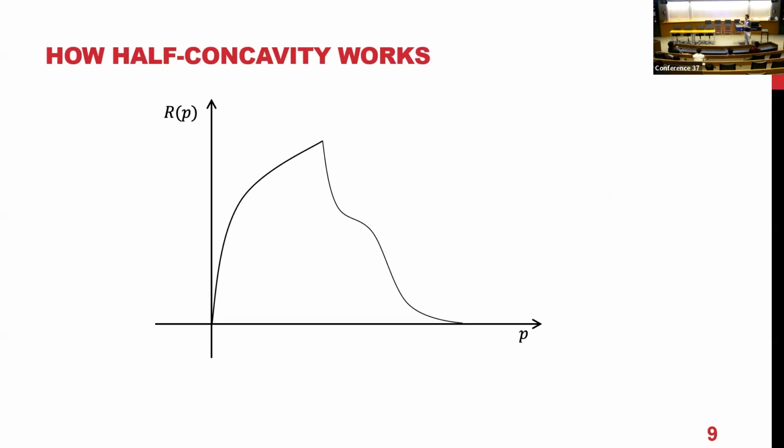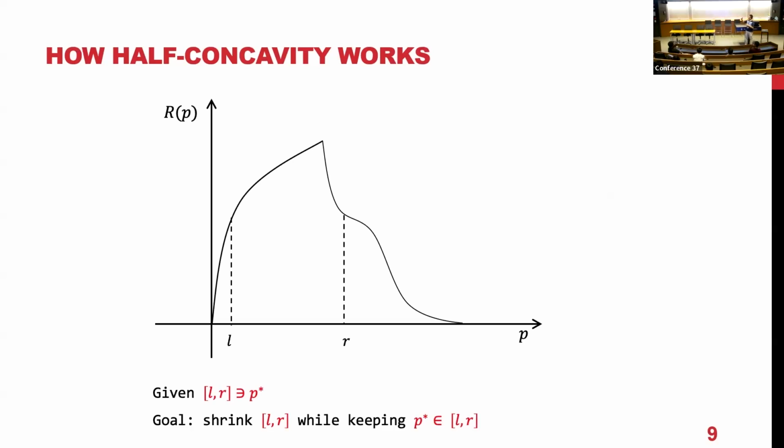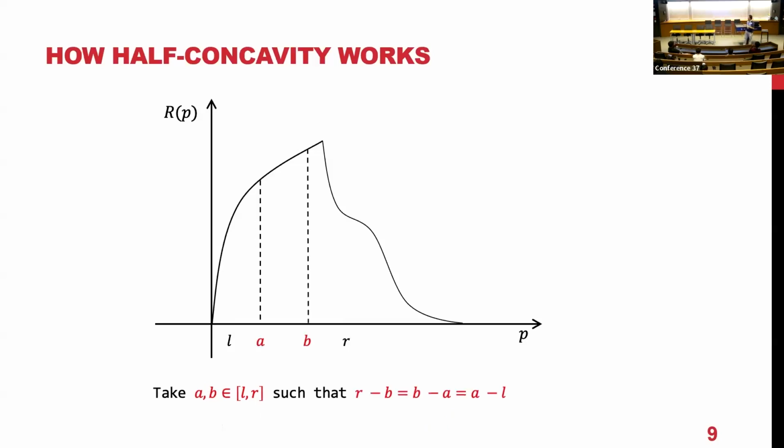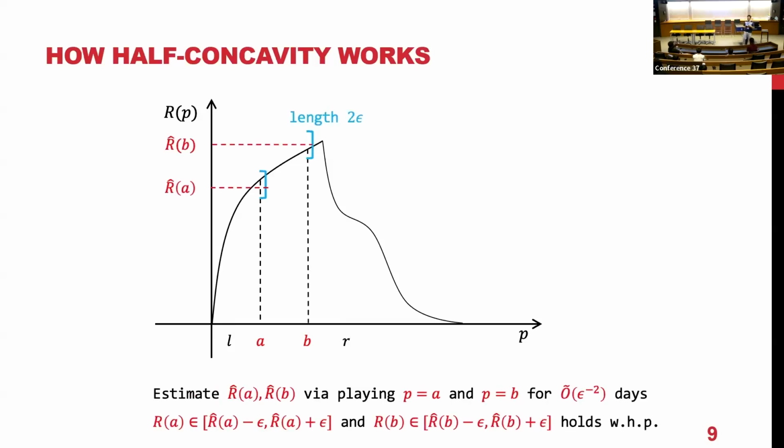So our goal is the following: given this kind of pricing curve, we further assume that we already know that P star falls in some interval from L to R. So basically, we are maintaining a confidence interval for the value of P star. And our goal is to further shrink the length of this confidence interval after doing some tests. The test we are doing is the following: we first take values A and B that trisect the interval L and R, which means that R minus B equals B minus A equals A minus L. Then the next step is to test price P equals A and P equals B